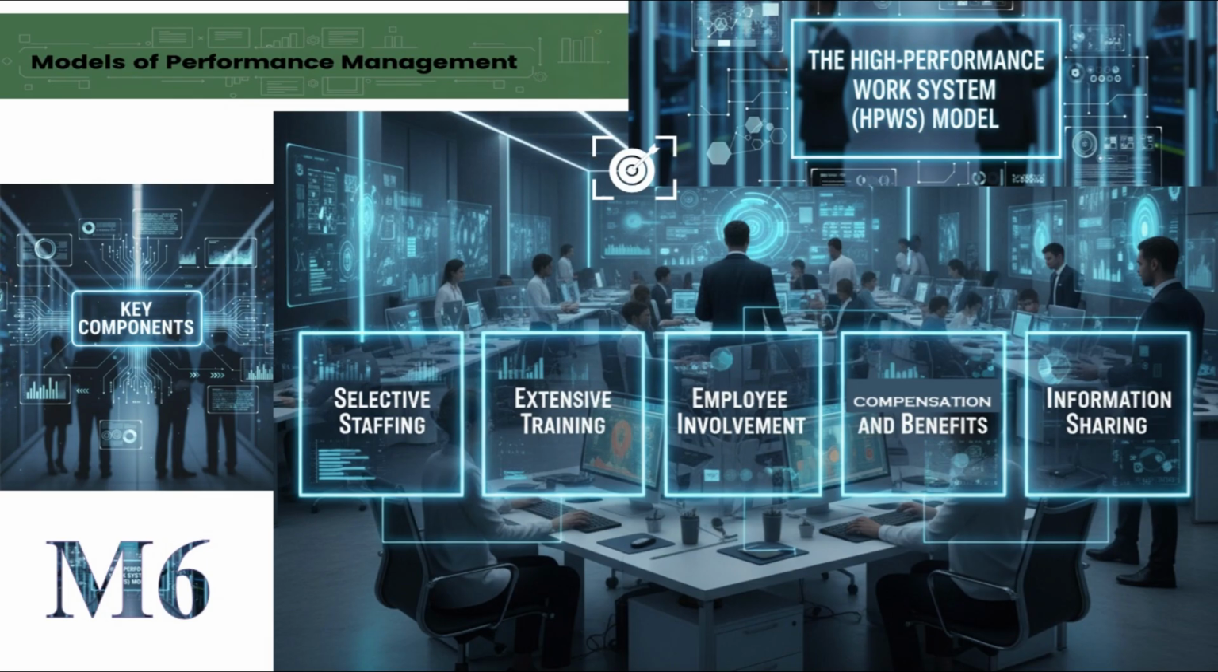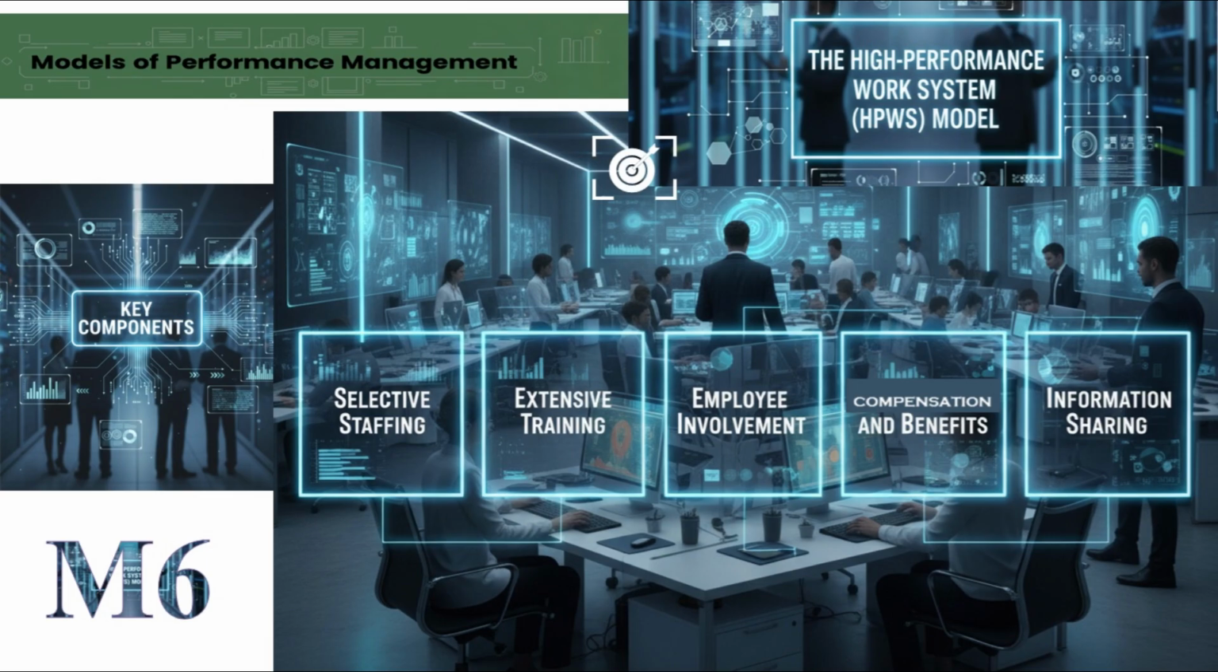HPWS key components include selective staffing, extensive training, employee involvement, performance management, compensation and benefits, and information sharing. HPWS is typically implemented by aligning HR practices with business strategy, designing high-performance work systems, communicating and involving employees, monitoring and evaluating, and continuously improving such business strategy. The HPWS model emphasizes creating an environment where employees are highly skilled, highly motivated, and have the opportunity to contribute significantly